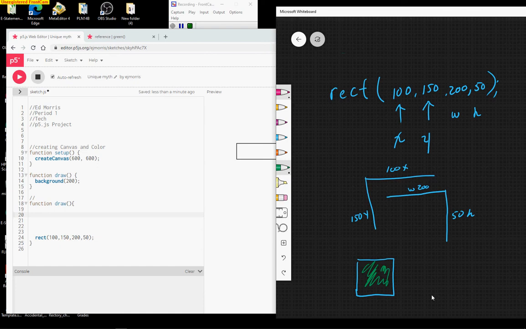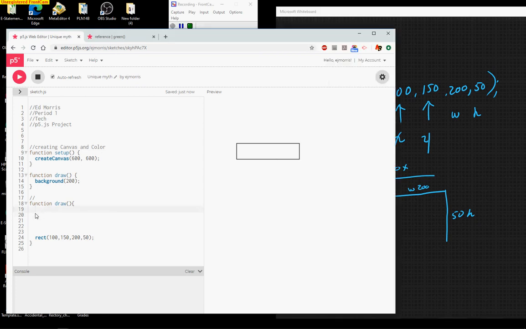So that's the fill. Well, for the sake of keeping it easy, let's put function draw. Let's go with the fill. Fill what? Red, green, blue. So we have 3 arguments we're going to use. I don't know, I'm feeling green today. So we have 0 red, the darkest green I can get, and no blue. And there you go. Now we have a green rectangle, and it still has this thin line outside of it,